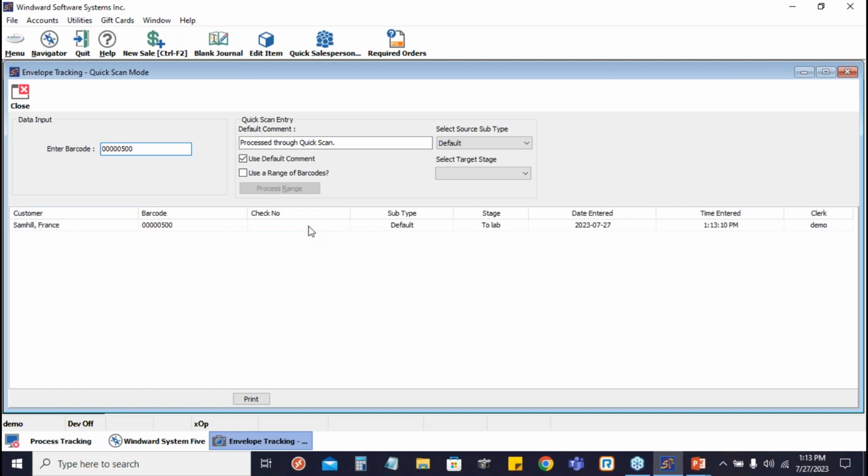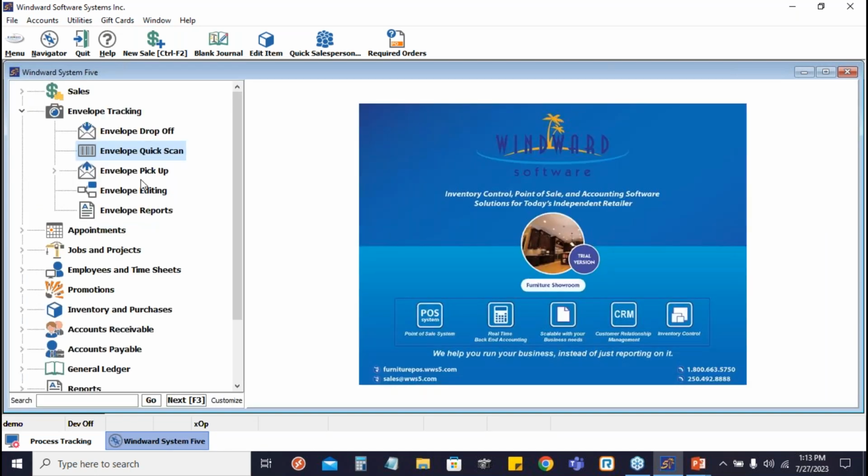process, or if you want to use a range of barcodes, you can just click this box here. Then if you have multiple subtypes, you have to select it first before you process the envelope. Okay, just for example, if you mistakenly process it in the wrong stage, you can actually edit it. Just click the envelope heading